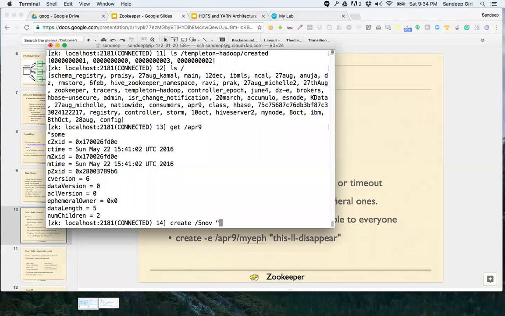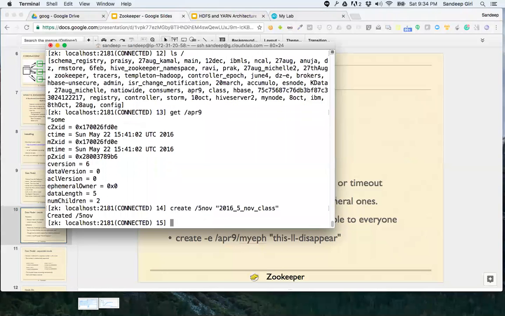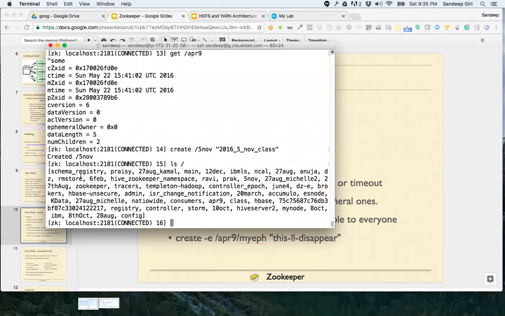I'm putting the name as 2016 5 November class. The data that you see here should be in JSON format. All right, so you can see with ls slash that we have created 5 November.